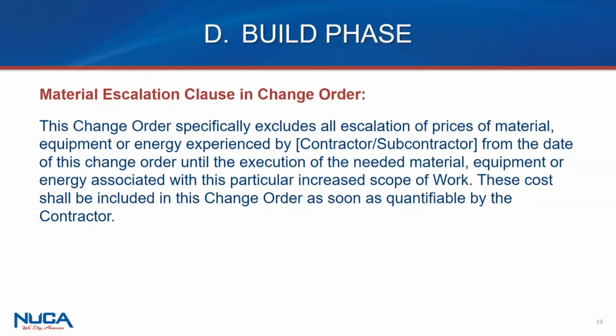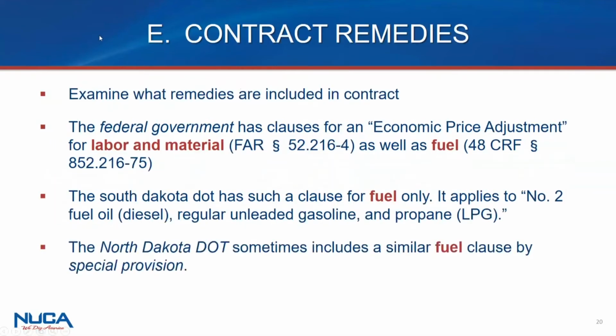When you know you're on a project and you know the prices are increasing, even when you have a bad contract, even if you don't have a material escalation clause, use the change order process as an ability to either change those terms or mitigate it so that at least the change order work will get paid at a higher price. Okay? Tom, I'm going to flip it back to you.